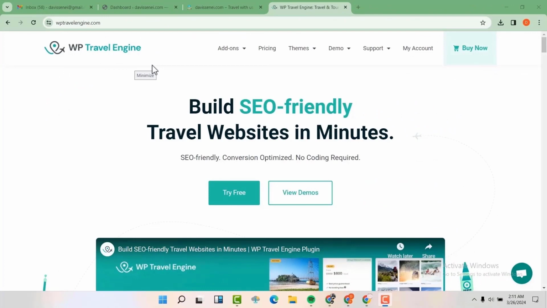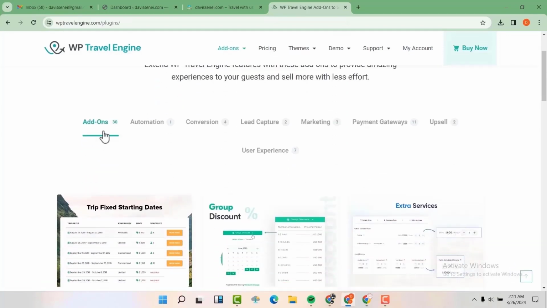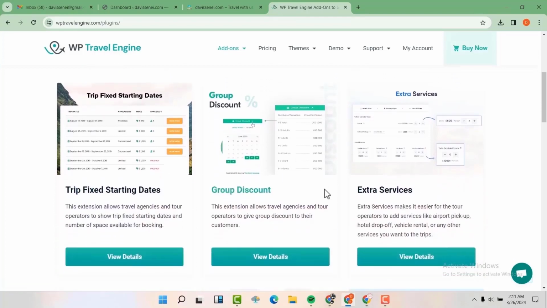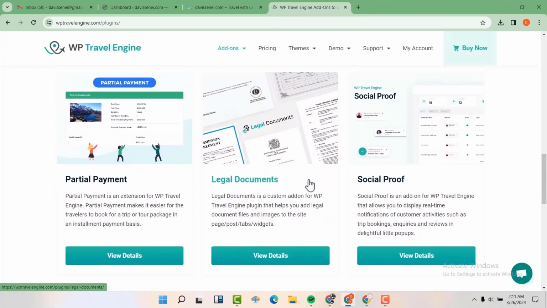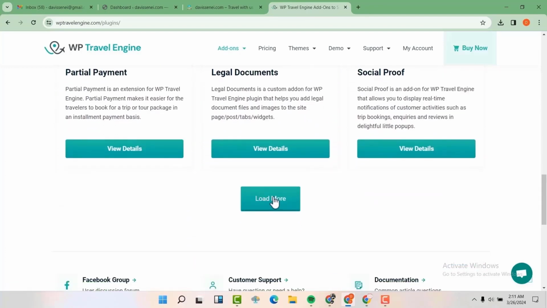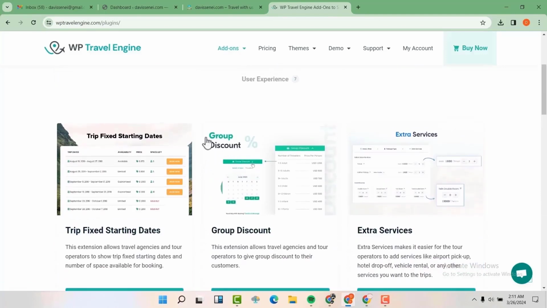So once you have purchased the WP Travel package, you are going to log in first to your account, and then you are going to click on add-ons. You are going to see that you have over like 30 add-ons, and you can see all of them here. So you can scroll down and check the ones that you want. You can click load more to see more, but I just want to show you how to now add